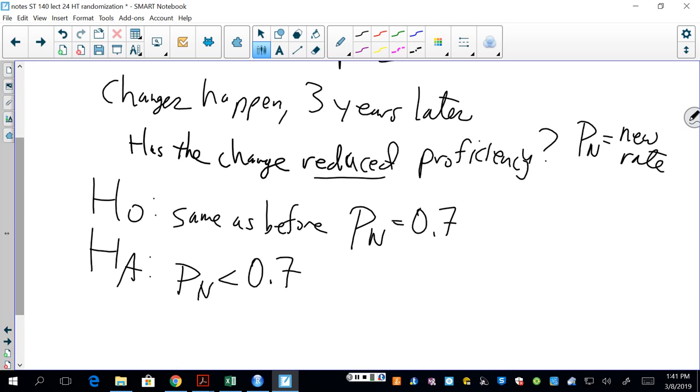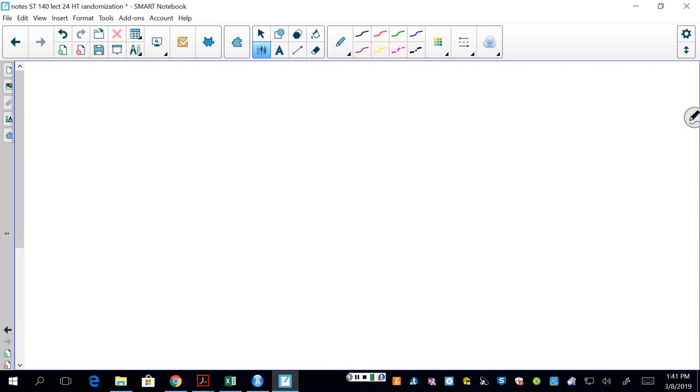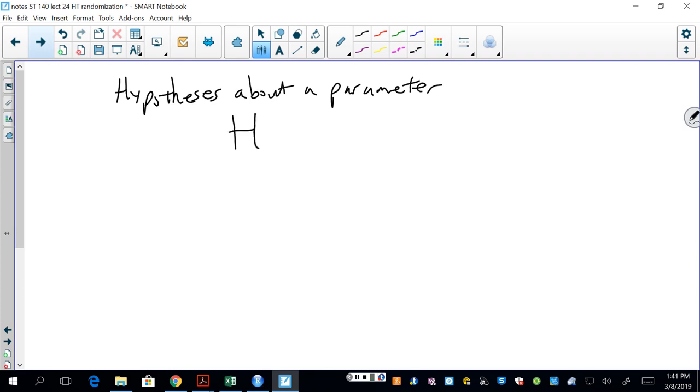And so you could apply that to a huge number of scenarios. So what we're going to do as a general framework is we're going to have hypotheses about a parameter. We're going to do something with a mean here, so I'll write it like this, and initially we're just going to say that it's not equal to that, so we're going to look at that scenario. This is the null value mu sub 0 and this is the alternative. And then we're going to get data,